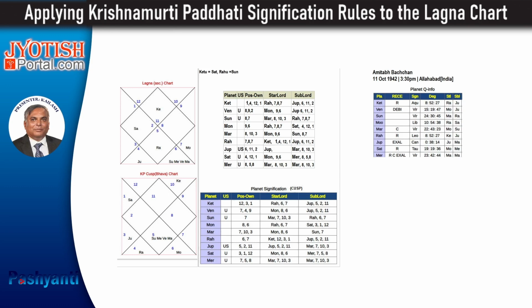The use of the ruling planet to fix the ascendant or to do the birth time rectification is a very risky proposition because it is very subjective. It's not objective. So if the person goes and meets three different KP astrologers, they are bound to come up with three different birth time rectifications.